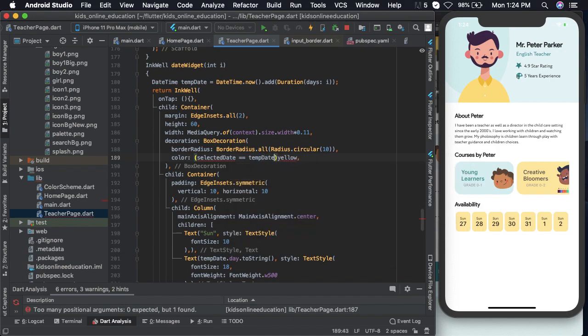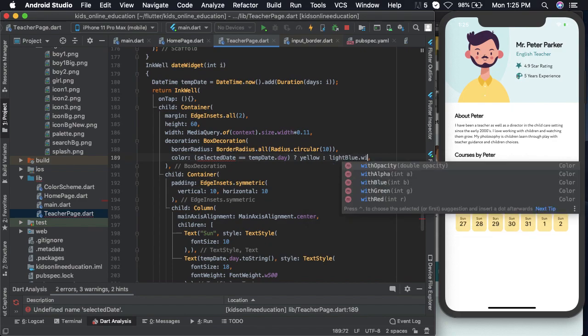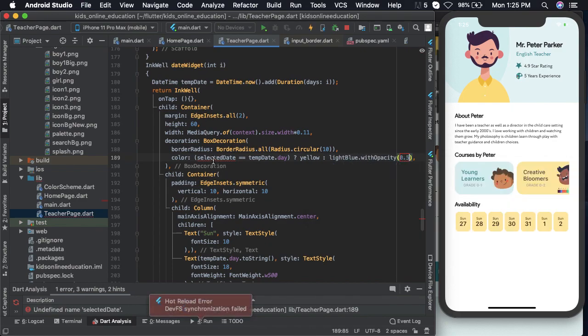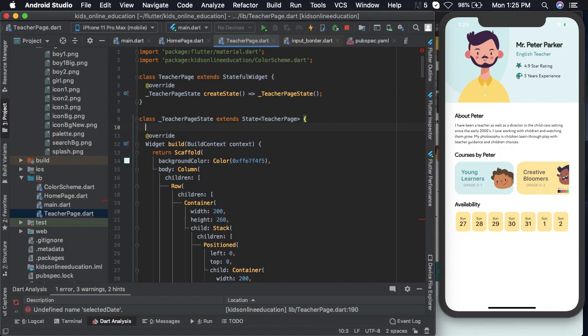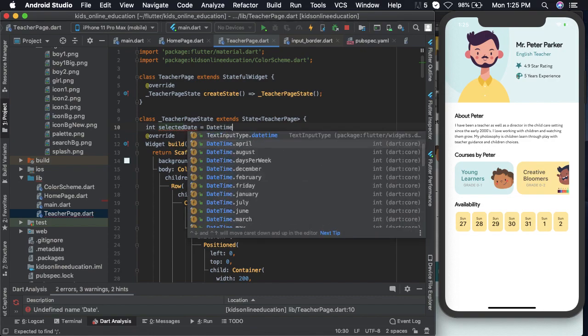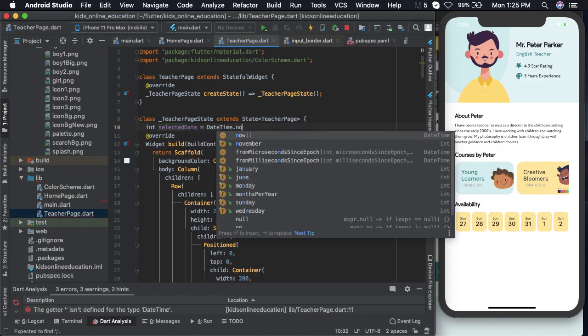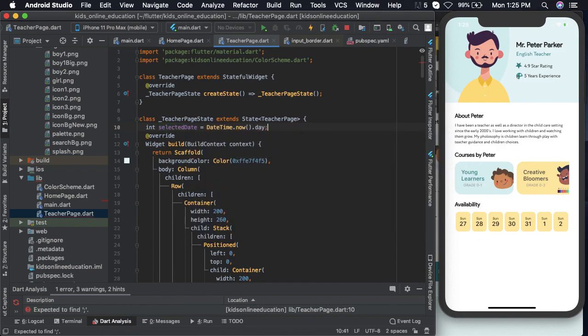Now let us define selected date. See, now it has changed. Now we also have to specify the day. Now it is all written as Sunday. For that,